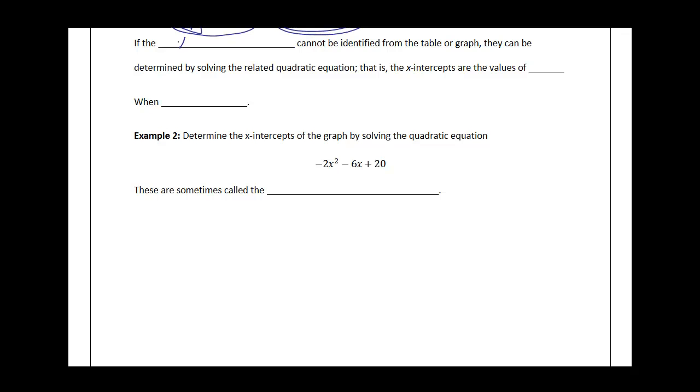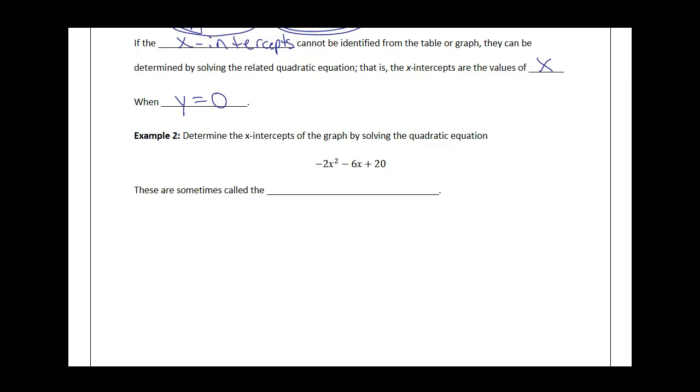Now, if the x-intercepts cannot be identified from the table or graph, they can be determined by solving the related quadratic equation. That is, the intercepts are the values of x when y equals 0. Now this is where we're going to apply what we learned in Unit 3, so that way we can graph here in Unit 4. Now it says, example 2, determine the x-intercepts of the graph by solving the quadratic equation,